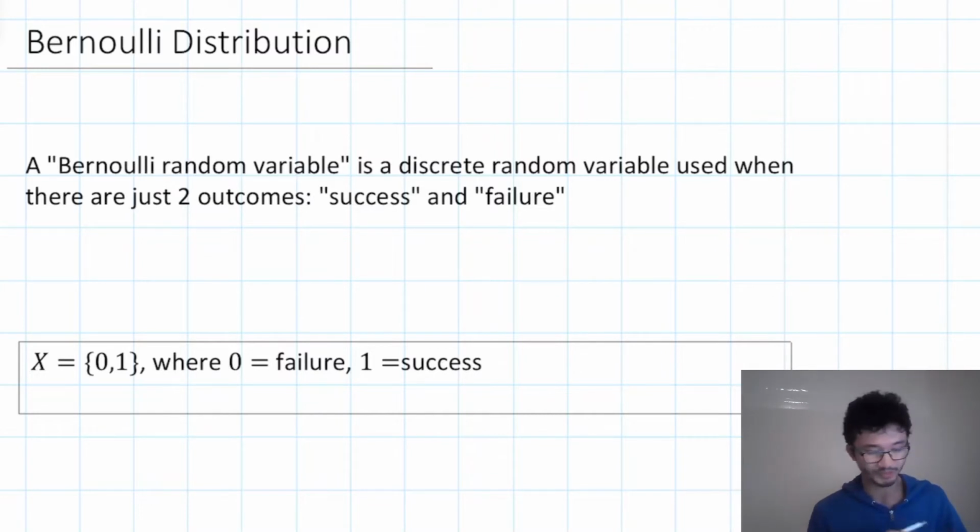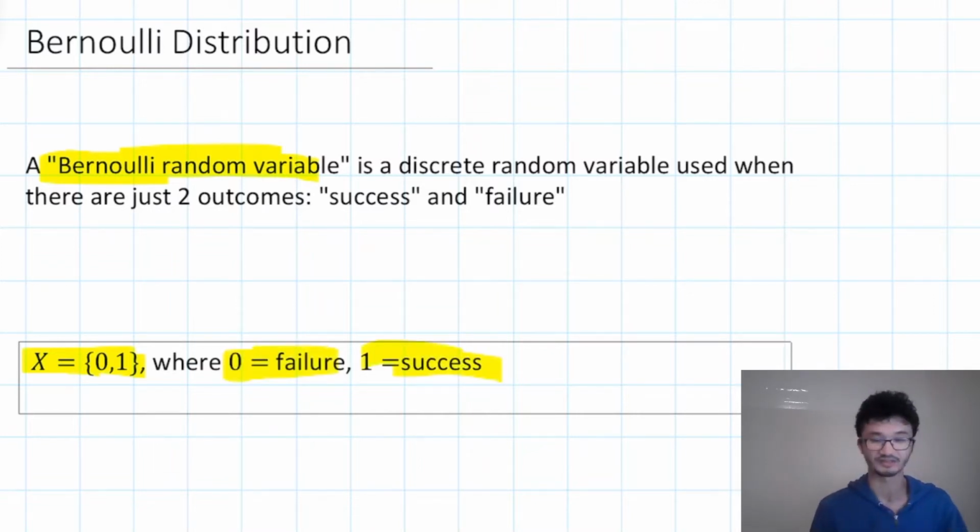Before we jump into the topic, I do want to just define some things first. So the difference between what we call a Bernoulli distribution and a Bernoulli random variable, how I like to think about it, is a Bernoulli random variable is sort of an instance of this situation that we look at. So what kind of situation are we looking at? Something that has two outcomes, success and failure. Now this over here is a mathematical way of representing them, and typically, we define 0 as being failure and 1 as being success.